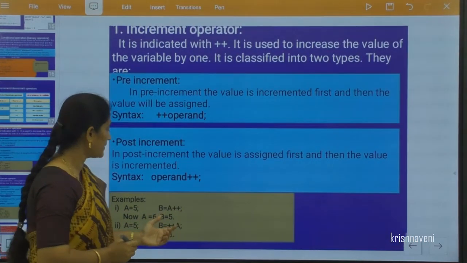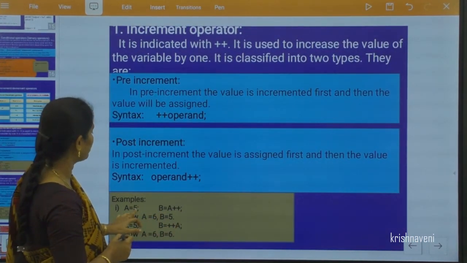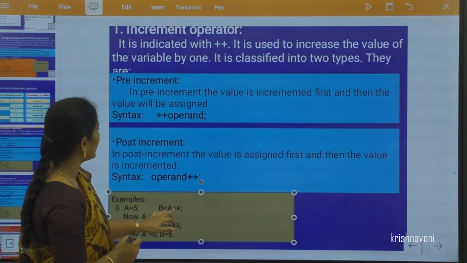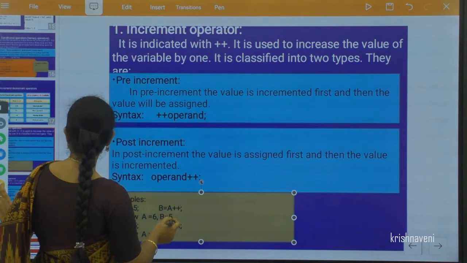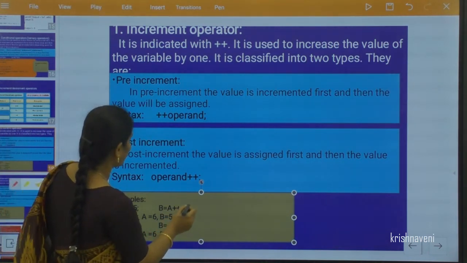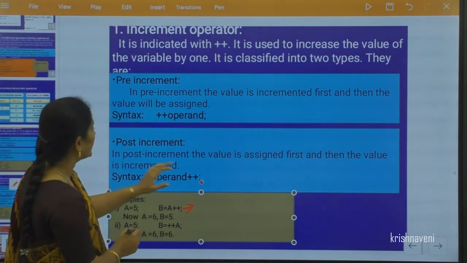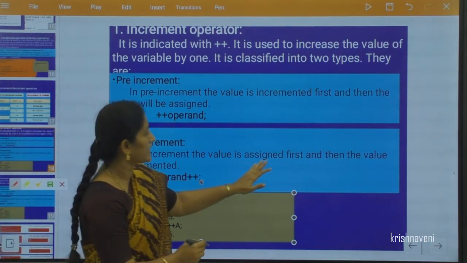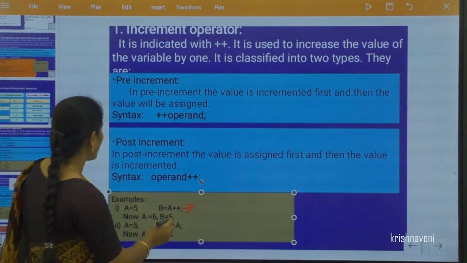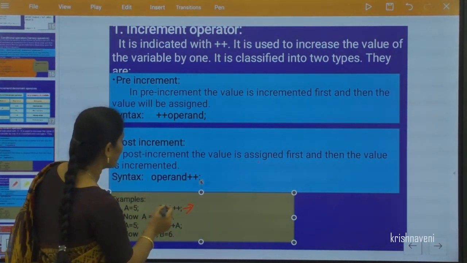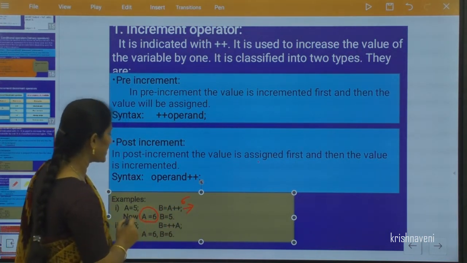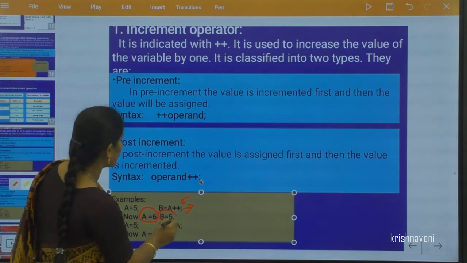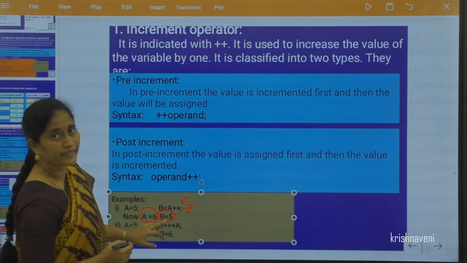See here an example, a is equal to 5 and b is equal to a plus plus. Here a plus plus is a post-increment. So when you are defining this, the value is assigned first. The 5 will be assigned first, and next the value will be incremented to 6.